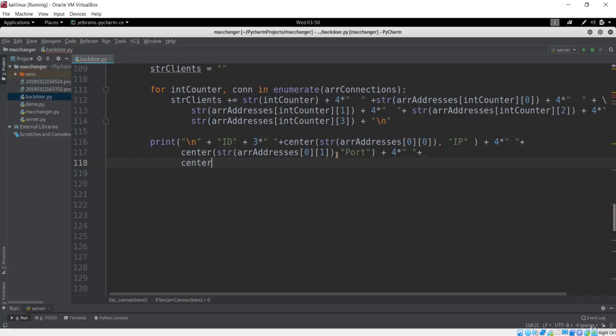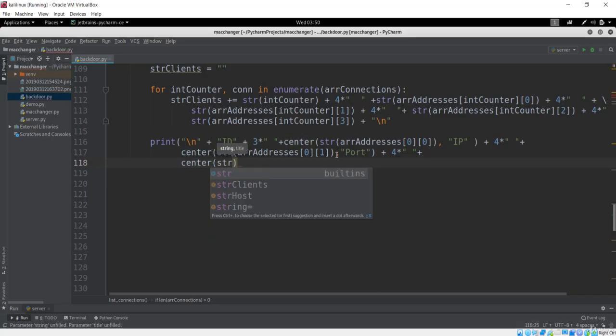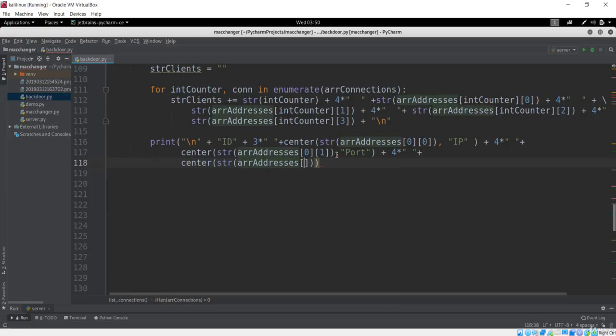So I'll just say again the center, and now it should be str, because we have to typecast it first. And here I'll again give the array addresses 0th and 2. And here, this is basically for your PC name. So I'll say this is for PC name, this will be your PC name, and let's go back.